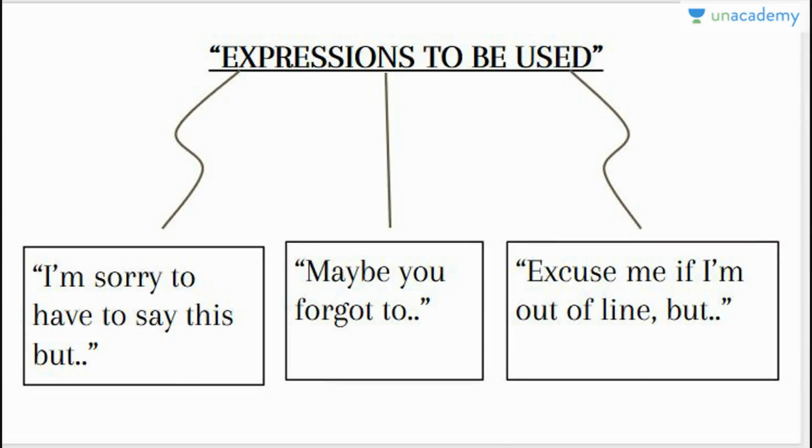All right. So the first three expressions that we can use for complaining politely are these. I am sorry to have to say this, but. Okay, so after this, the "but" should be followed with the problem. I'll just say an example. I am sorry to have to say this, but the project speed is not as fine as expected. So whatever the issue is, you could just use it in the later half of the sentence. So you could use this expression.